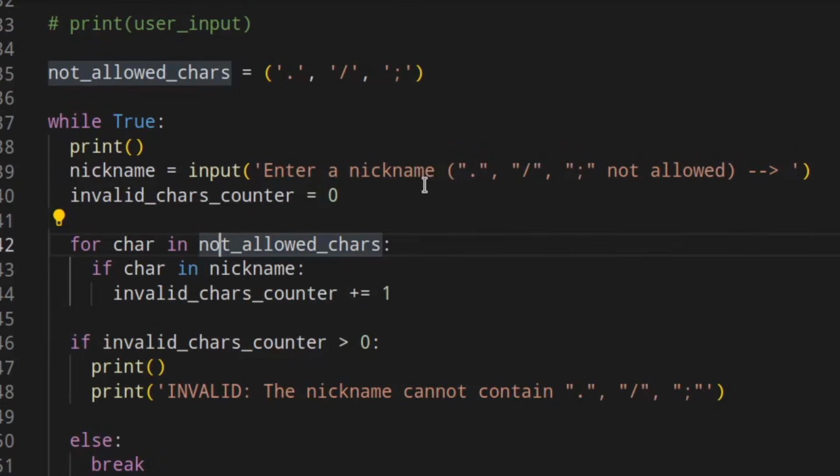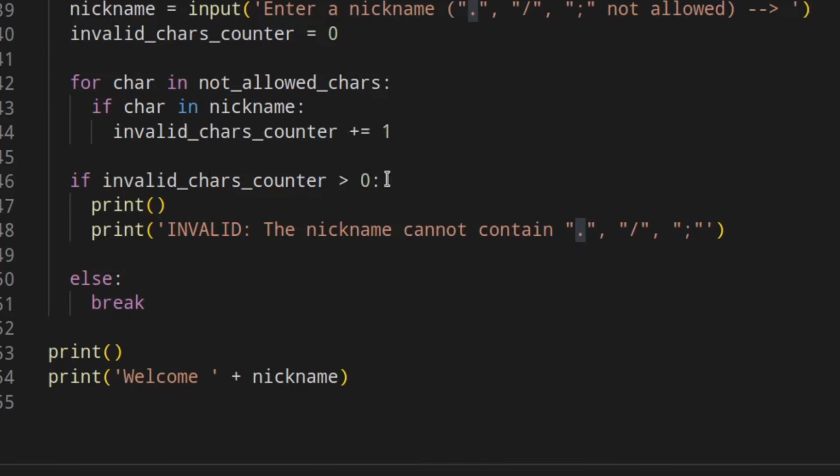Here we get the user input, we've got the counter of the invalid characters. We go through this list, and if one of these is inside, so we check one by one, if this is inside of the nickname, let's say Fabio dot something, that would increase the counter. And if the counter is greater than 0, then we've got an invalid character. If not, we break and we can use the nickname down below.